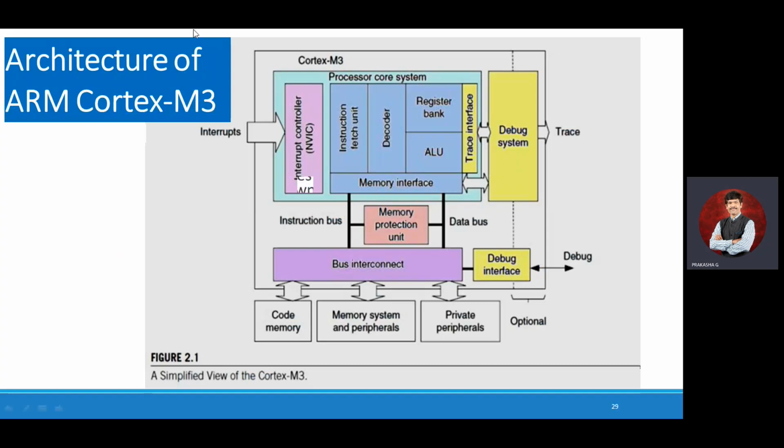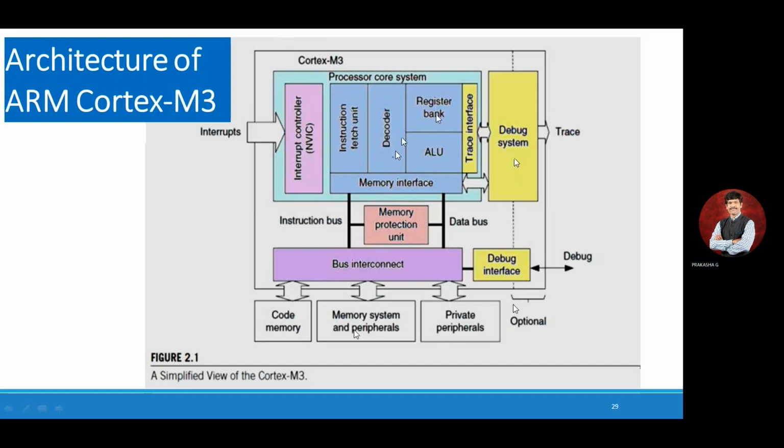See, the main block, the big square block, indicates the Cortex M3. Inside that one, we will have a register bank, ALU, decoder, instruction fetch unit, interrupt controller, debug system, memory interface, memory protection unit, bus interconnect, debug interface. All these put together is a Cortex M3. But the Cortex M3 is externally connected with the code memory, memory system and peripherals, and private peripherals. And we will have the optional slot also, where we can extend it so different types of peripheral